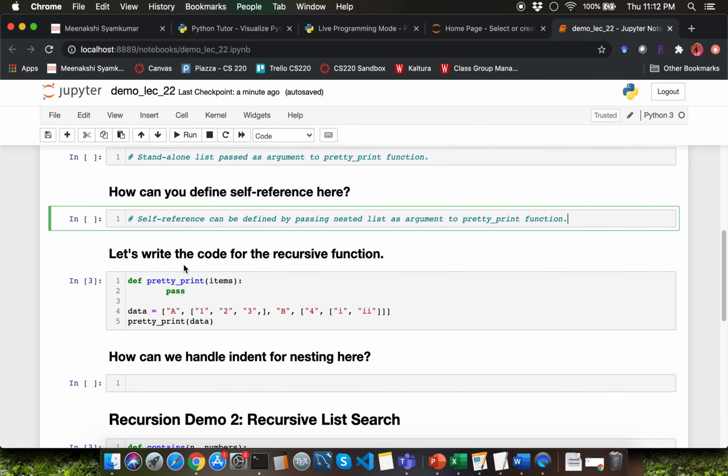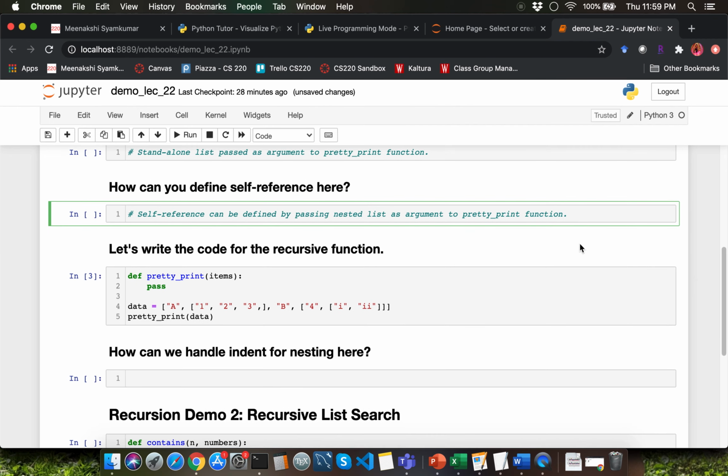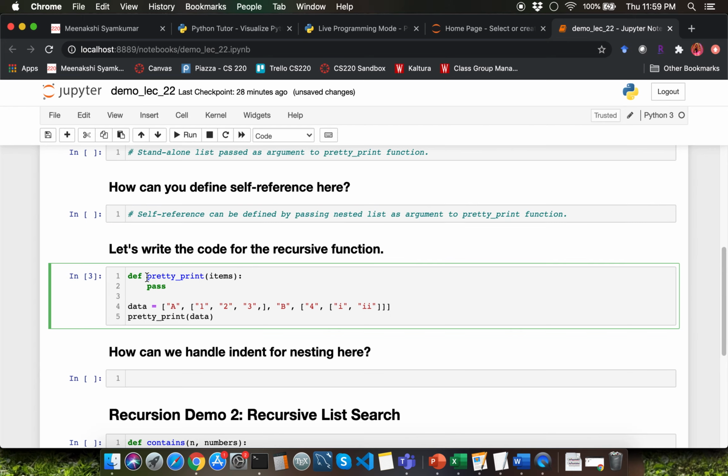Let's start writing the code for this recursive function. I've already included the function's definition line for you. The function name is pretty underscore print. It takes one parameter, which is items. Items is simply going to contain a reference to the nested data structure object that we want to create a pretty display out of.